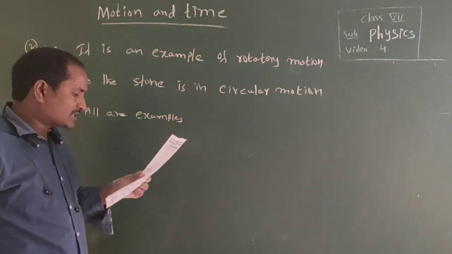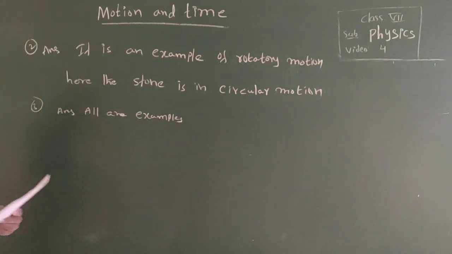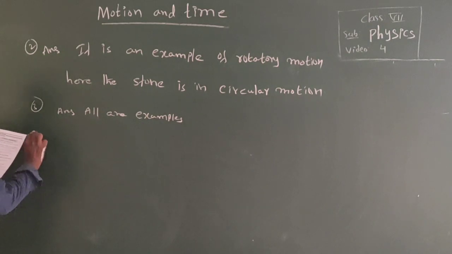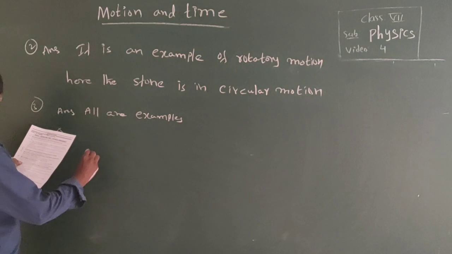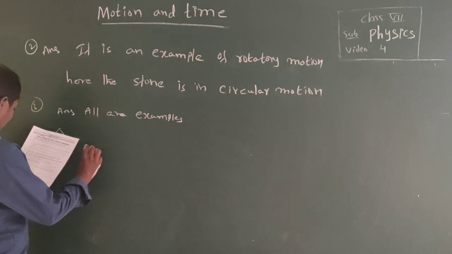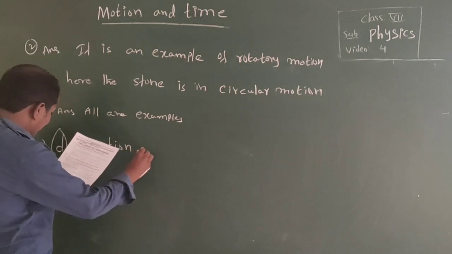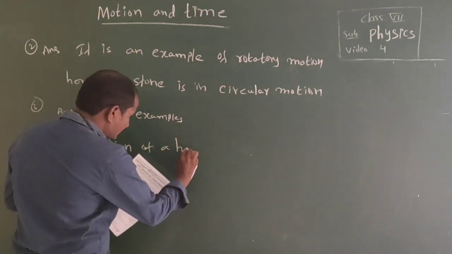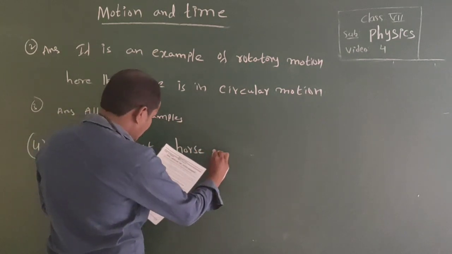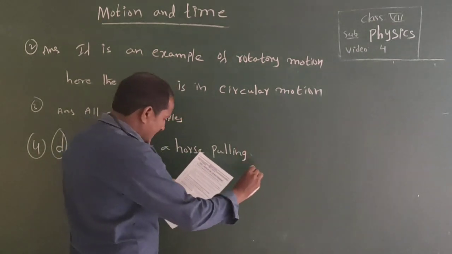Next, motion of the arms pulling a car, it is not an oscillatory motion. So fourth one, D is the answer. The motion of arms pulling a car,